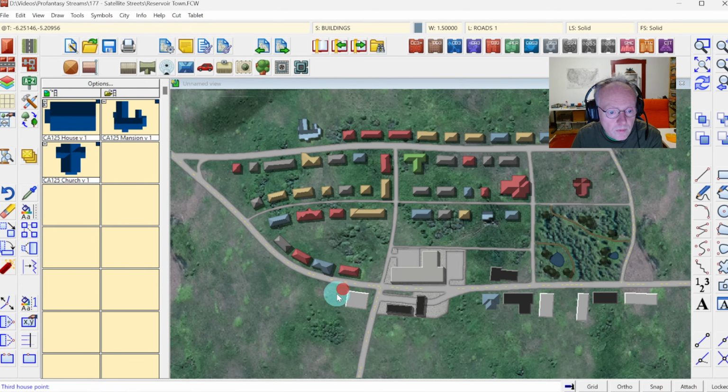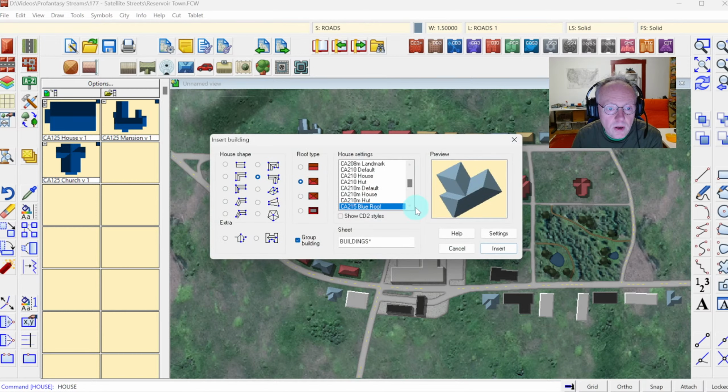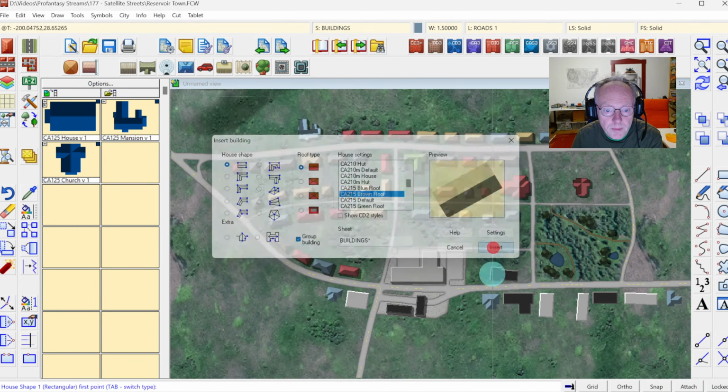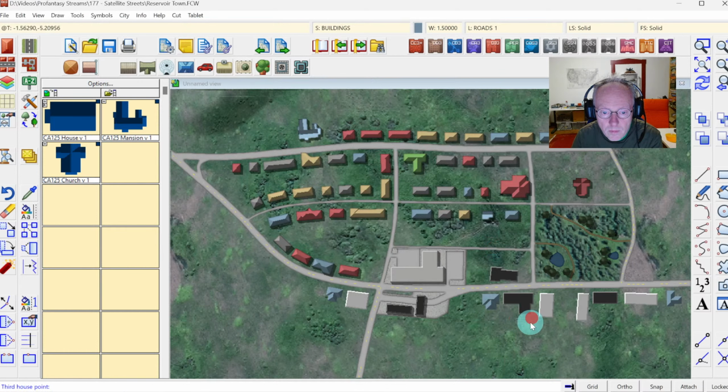There's one, another one here, one down here, and then perhaps some brown ones with a simple shape, some sheds and workshops and stuff